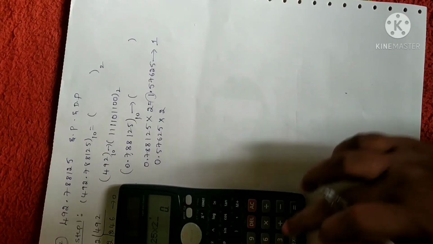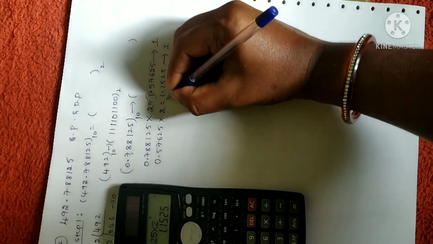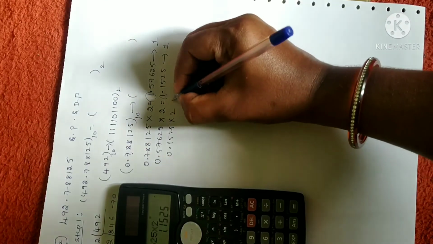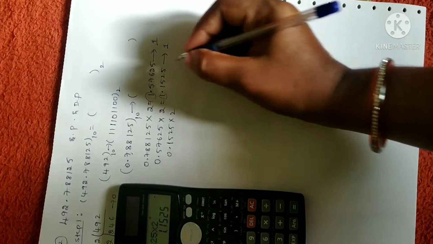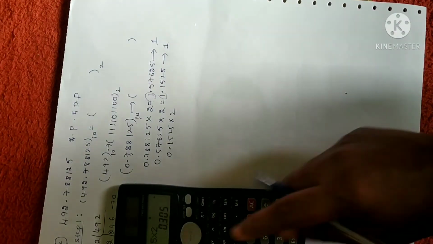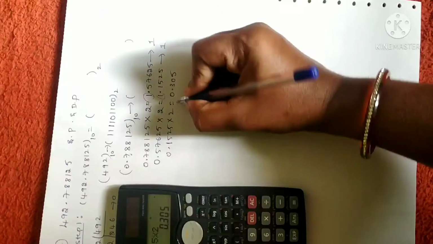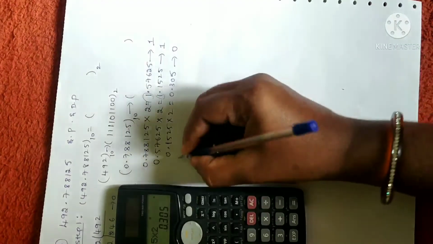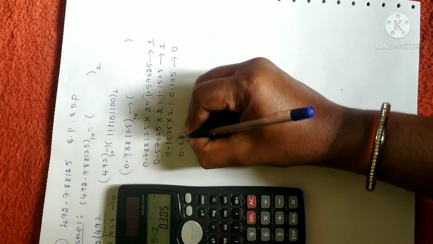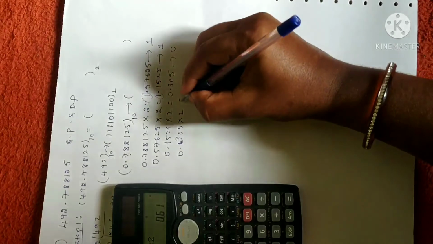0.57625 multiplied by 2 will give us 1.1525. Again you have 1 as a remainder. Now let me multiply 0.1525 into 2. You have to leave this 1 and consider that as 0.1525. Multiply 0.1525 into 2. That will give us 0.305. Clear? Now the remainder in this case is 0. Next, let me consider 0.305, multiply it by 2, you will get 0.61.